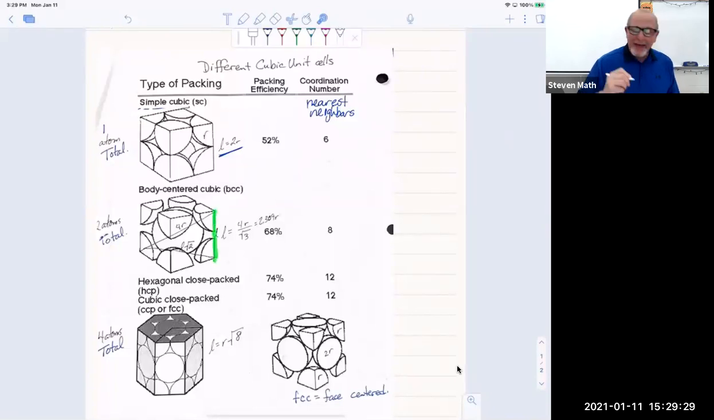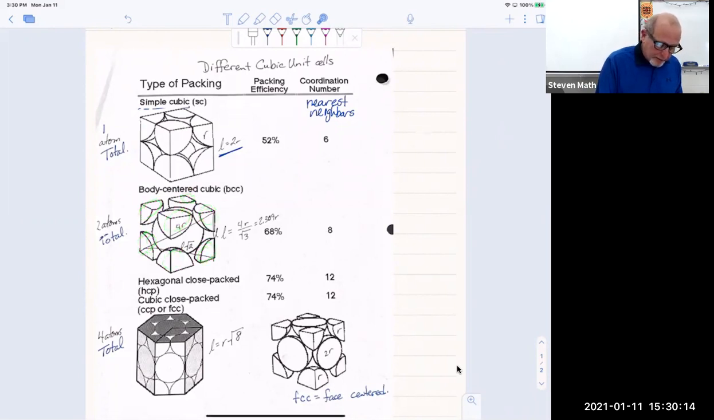We can't just use L equals 2R. Now we're going to have to use a little bit of geometry, a little bit of hypotenuse here. And what we find out is the body diagonal is 4R; you guys should be familiar with this, 4R, L, and L radical 2 is the relationship. If we simplify that down, the unit cell edge L is going to be equal to 4R over radical 3, or 2.309R. Okay, and if we look at how many total atoms there are, there's one atom total from the corners,